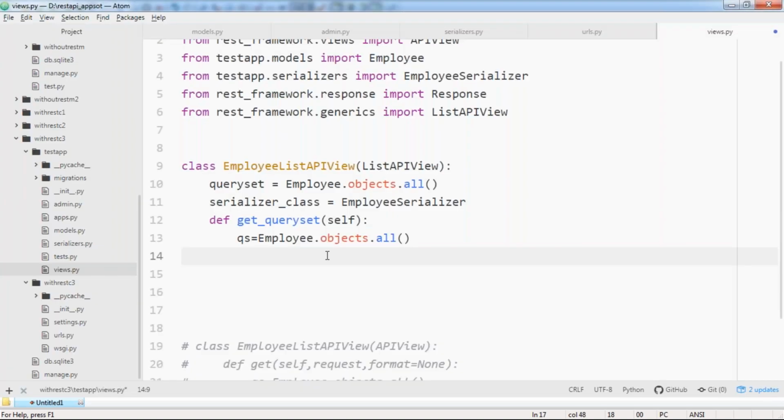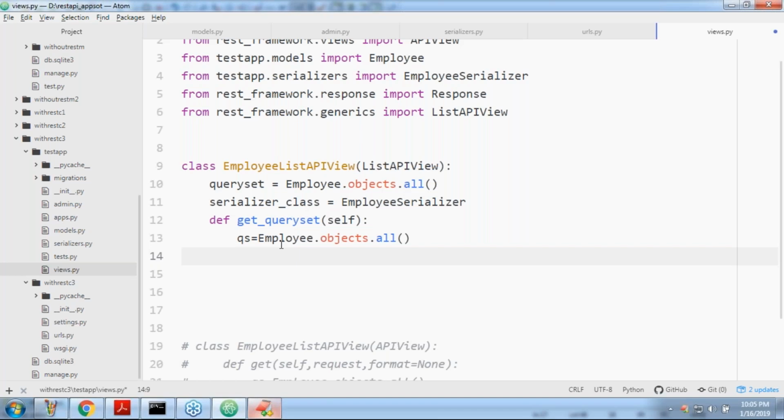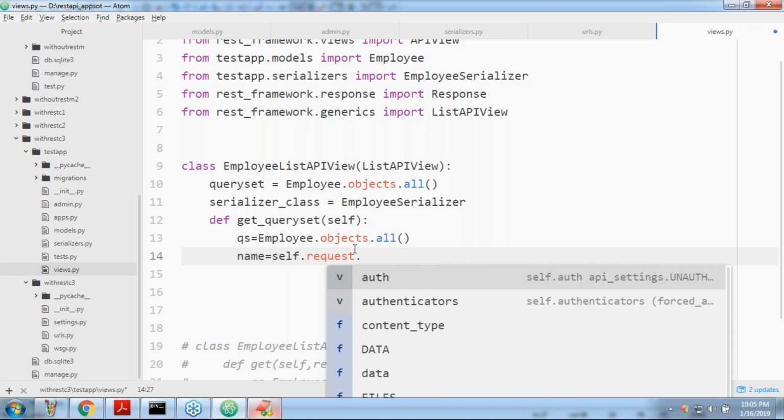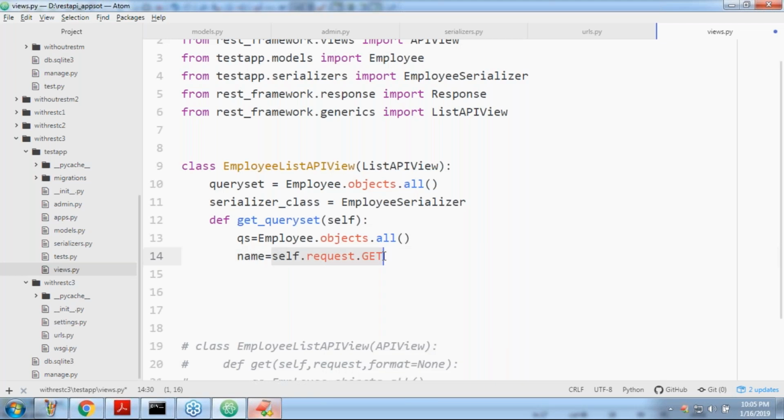Name is equal to self.request.GET. Do you know self.request.GET contains a dictionary? All these key values will be available in the form of a dictionary, sir. Whatever key values you provided extra will be there. Up to this it is a dictionary.